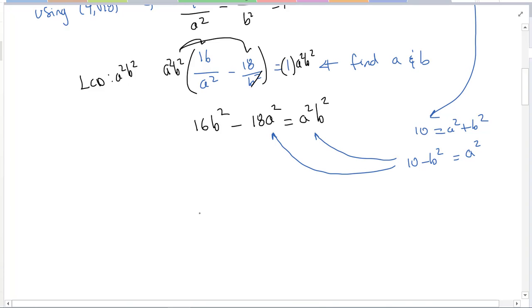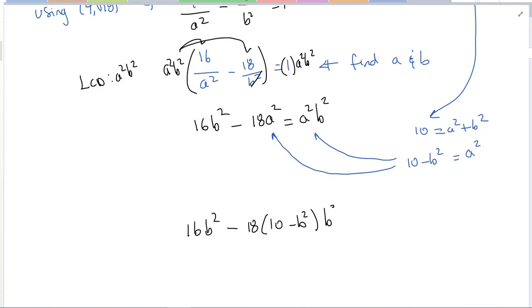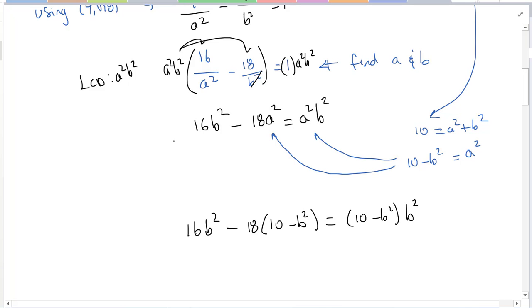So let's see. We are left with 16b squared minus 18a squared, so 10 minus b squared times b squared. Sorry, equals, I forgot my equals there, equals a squared b squared, so 10 minus b squared times b squared. And let me just fix this 16 real quick because my 6 looks too much like a b. And so what do I have? So I'm going to have 16 b squared minus 180